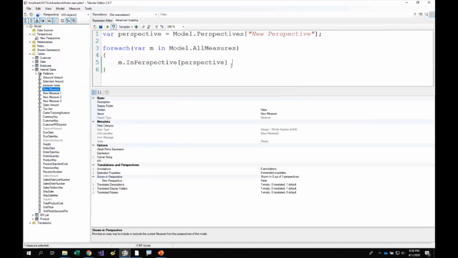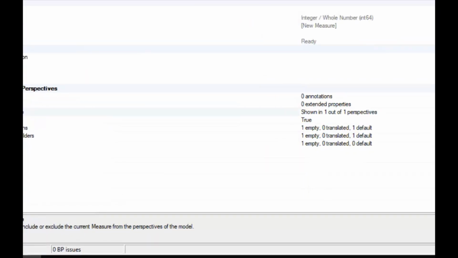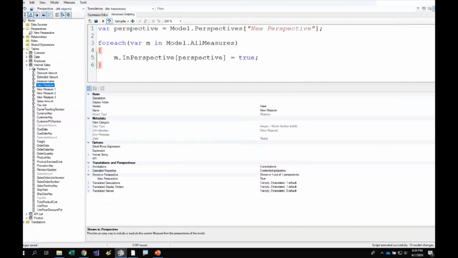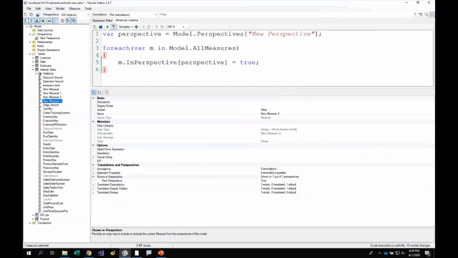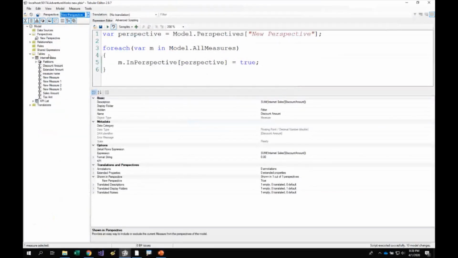But now if we set this to true and run the script, we can see immediately that the value down here changes. Now it says shown in 1 out of 1 perspective, and that's true. So now we've made sure that every single measure of our model is visible in this perspective. We can double check that by going up here in the drop down at the top left and choosing new perspective. Tabular Editor will only show objects that are visible in this perspective. And sure enough,